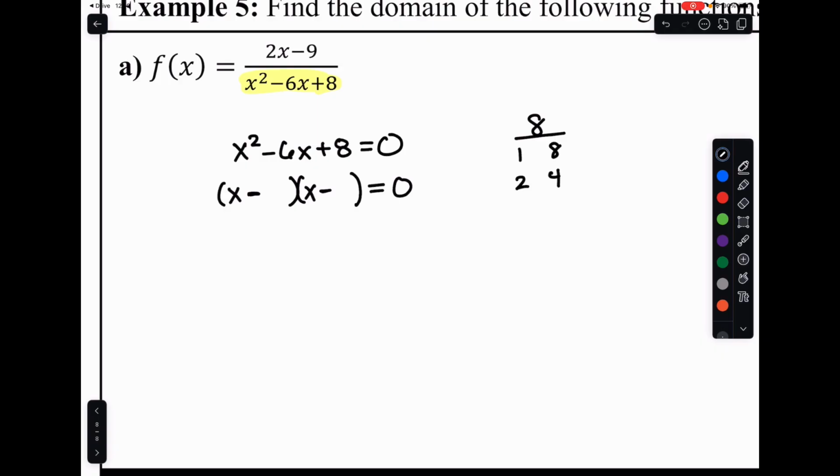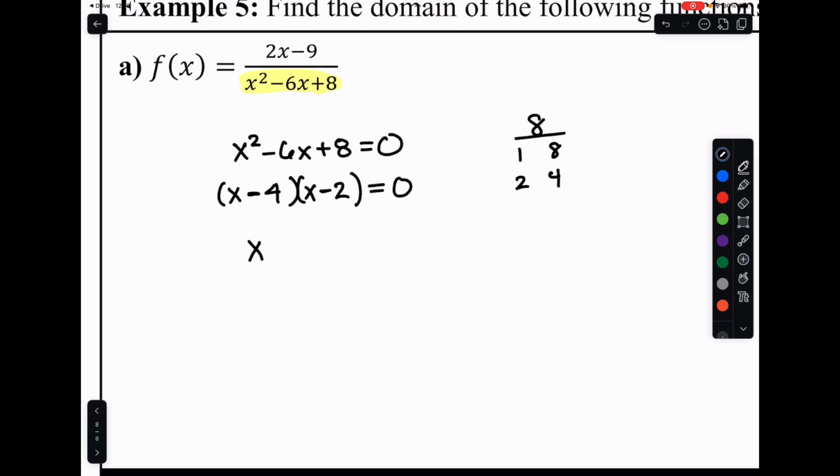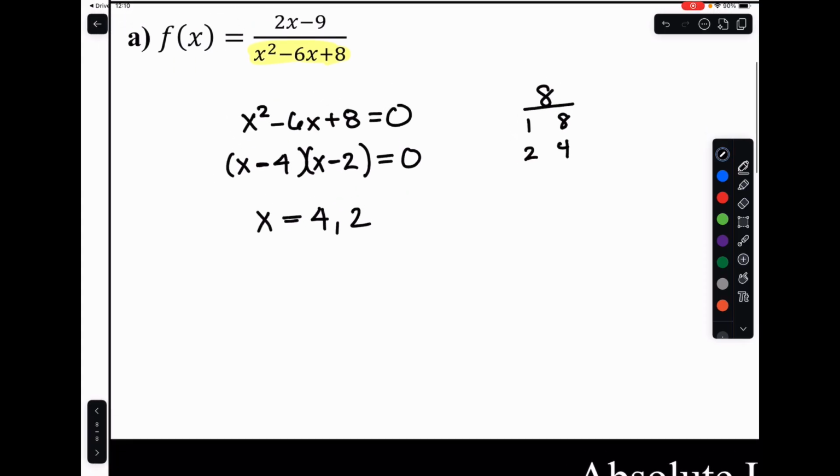And of those two, the one that gives us a combination of 6, both being negative, is 4 and 2. Negative 4 plus a negative 2 equals -6. So that's why we're using those two numbers. So from there, that gives us our solution that x would have to equal a positive 4 and a positive 2. So those are the two values that will make the denominator equal to 0, which means that